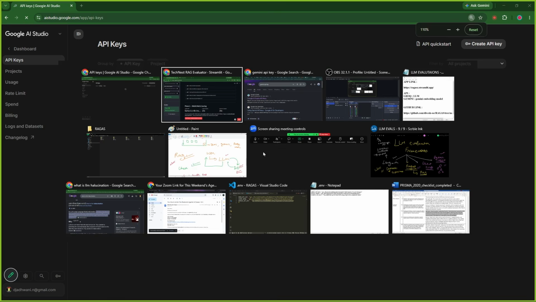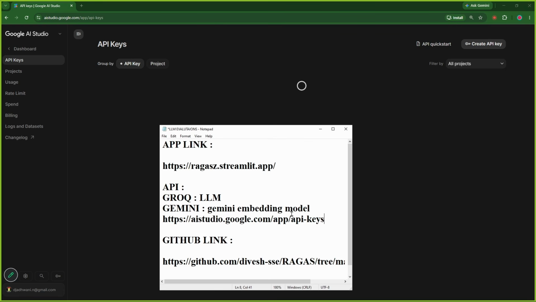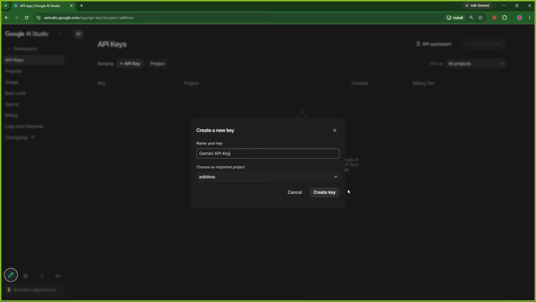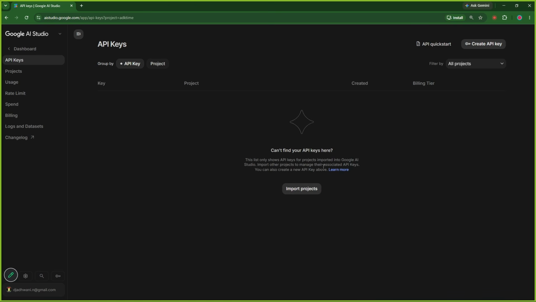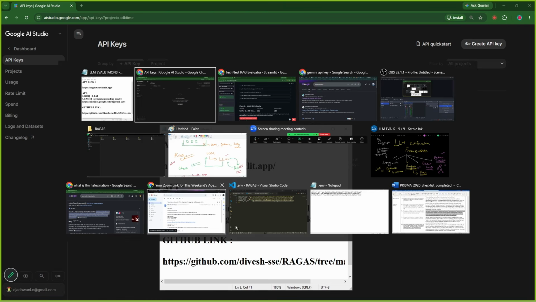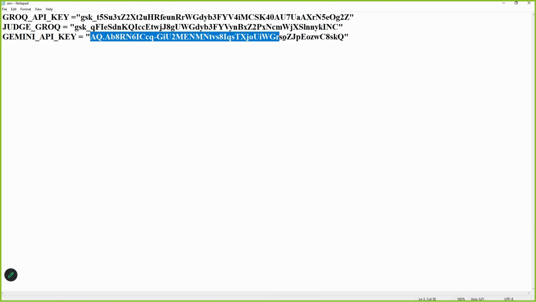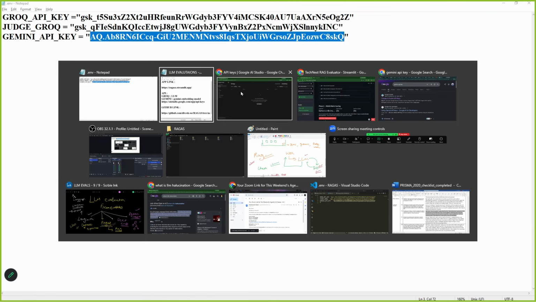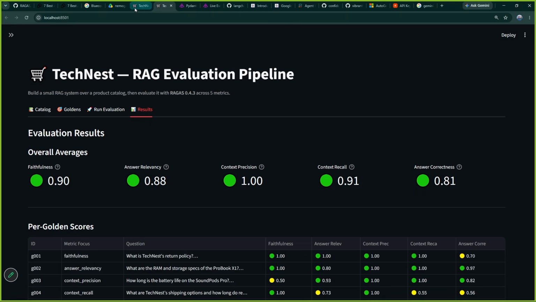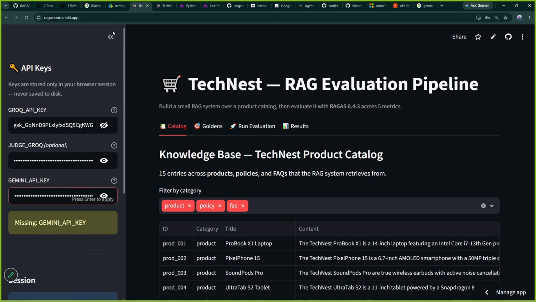See, I can also give this link to you guys. Here you can again create your API key, give it a name, and create a key. And that key you will paste over here. So you will get some key like this. Once you paste your key over here,